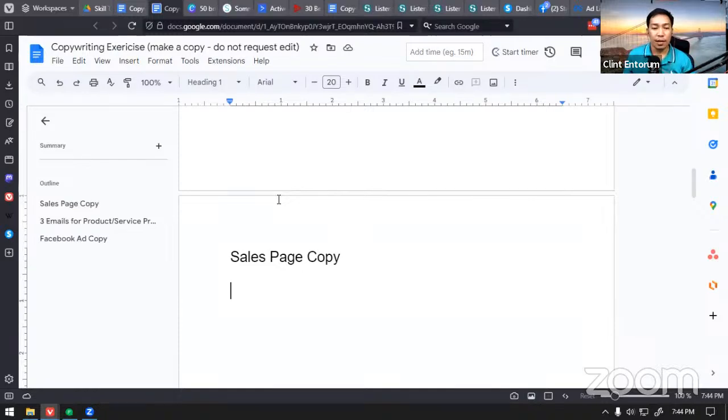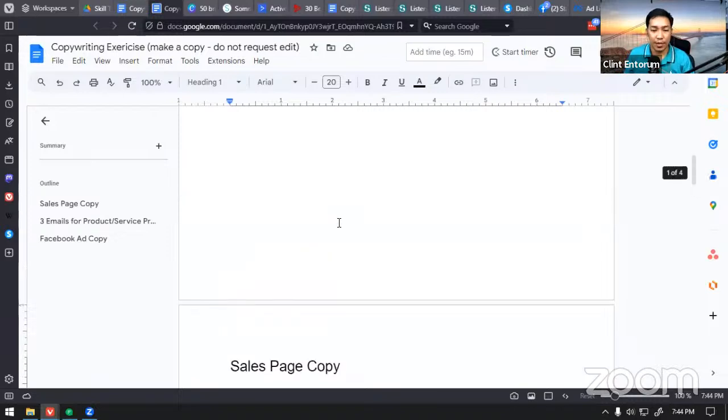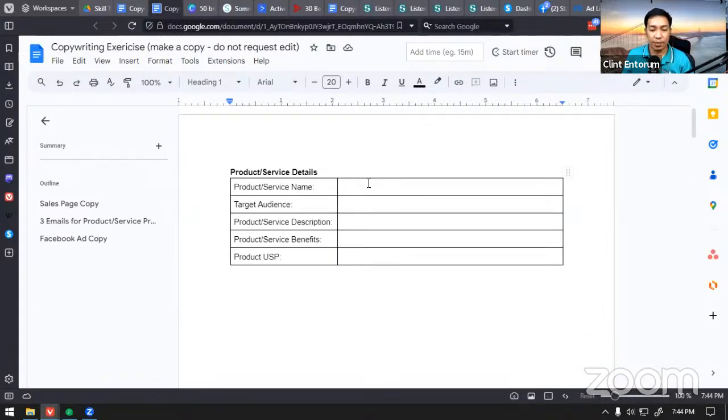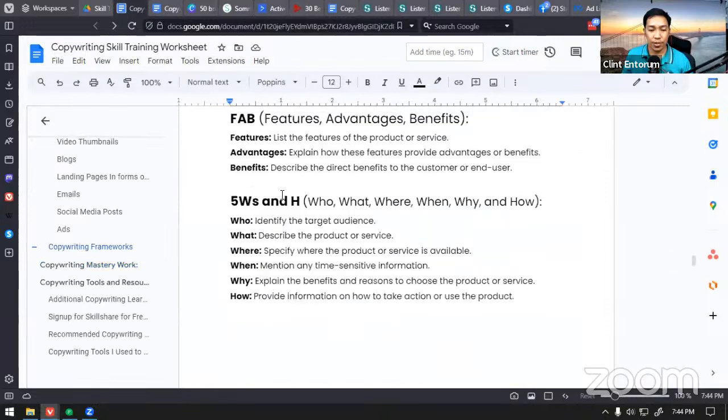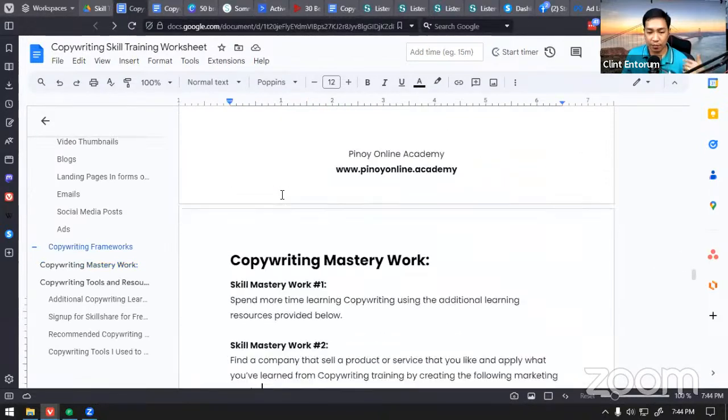So you see, they don't care more about certifications. They care more about the result that you could provide to them. So that's why you could provide something here, and especially today, I'm going to show you that you'll be able to craft copy much faster using AI tools. And as I mentioned, you have different frameworks that you could use later on. I'm going to demonstrate that to you in a few minutes.